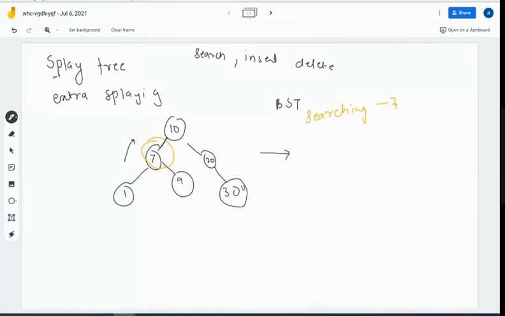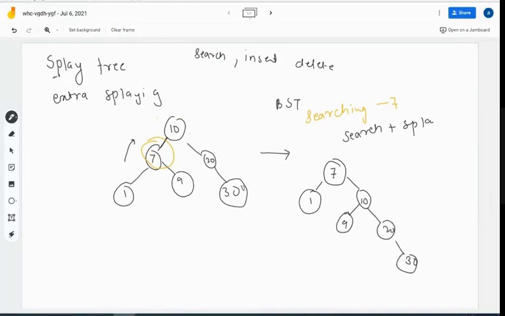Also there will be a splay that will occur. That means you're going to rotate this particular tree. So in other words, when you want to search 7, it will become somewhat like this. 7 will become the root node. Then will be your 10. Its child 9 will be there, 20 and 30. That means also we are doing the rotation function over here.